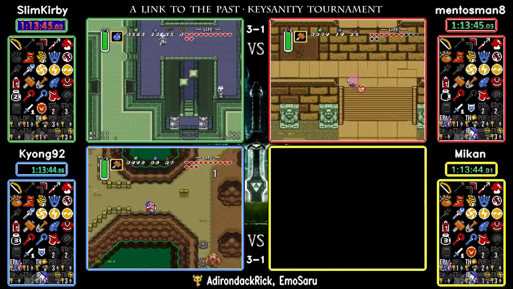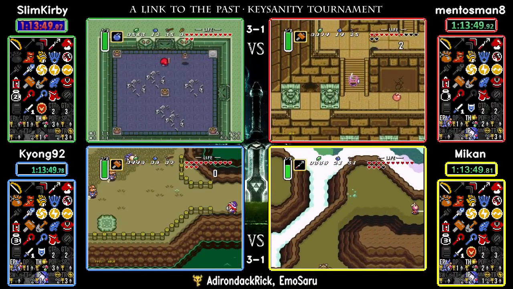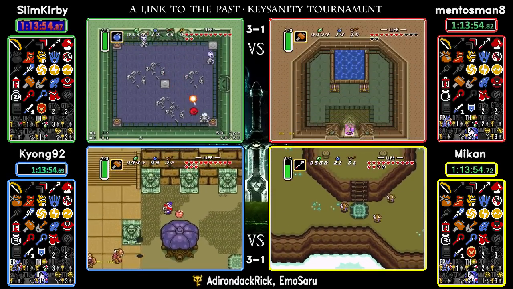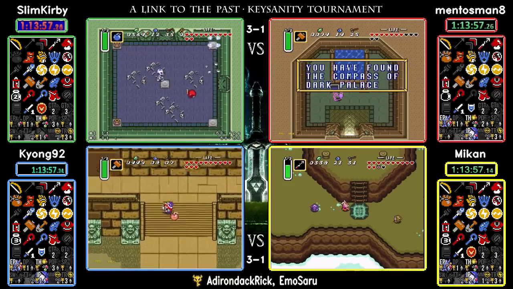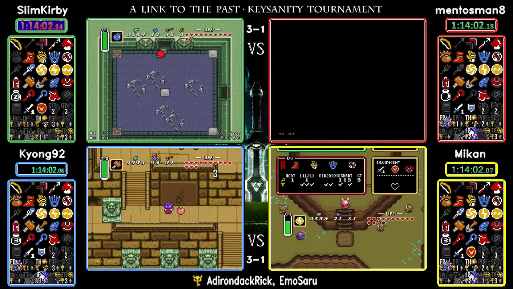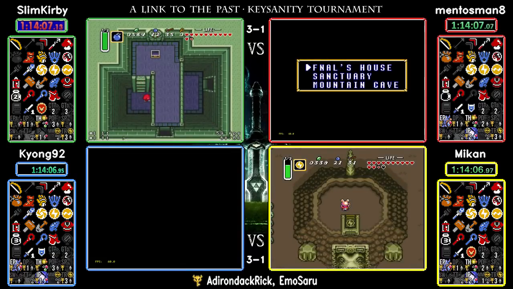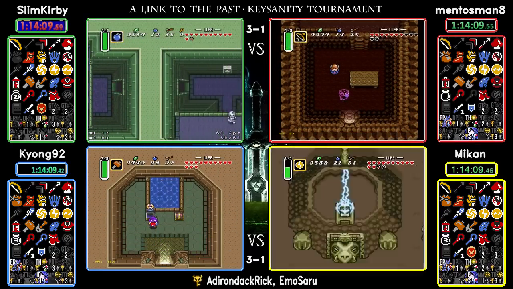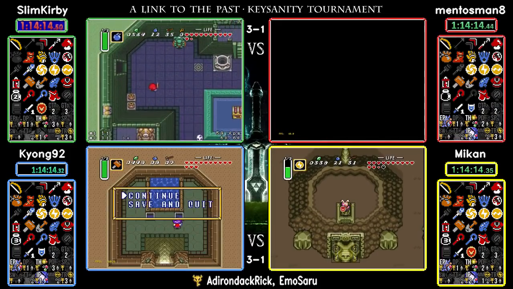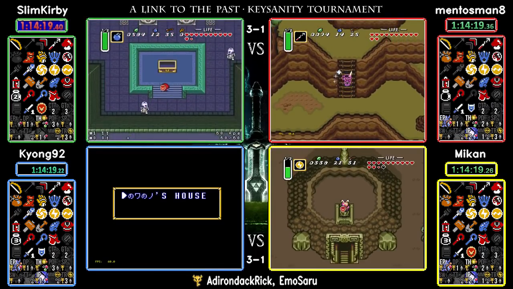We are going to need a Swamp Palace small key from somewhere. Yep, Swamp Palace small key is definitely on the table. We do need to find the fire rod, as you pointed out, but also because we do need Swamp Palace, we need the mirror. Yep, and we are also going to need, technically on Mentos' side, two more PoD keys. Now we know where one additional one is that two of our runners have, but... Mikan's making the play. This is now the play to Turtle Rock. And it looks like Mentos might be right behind him, so...